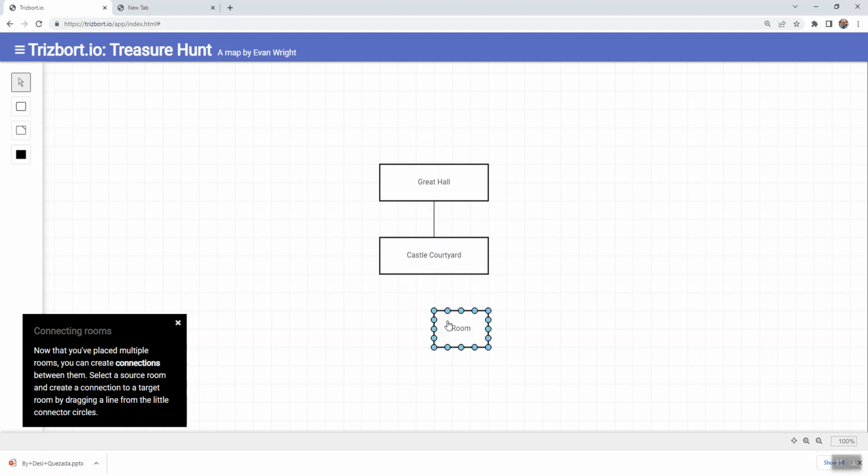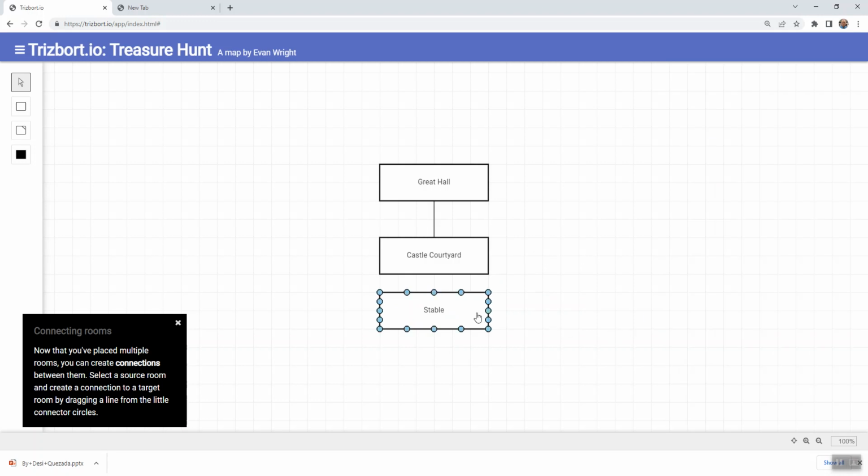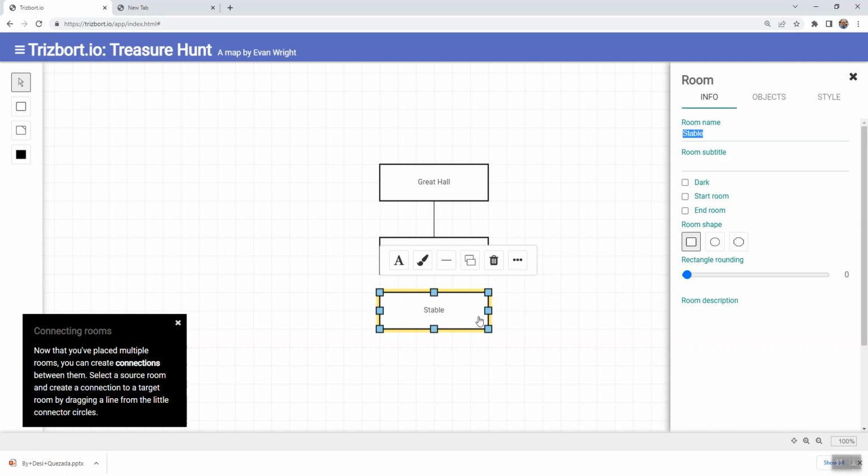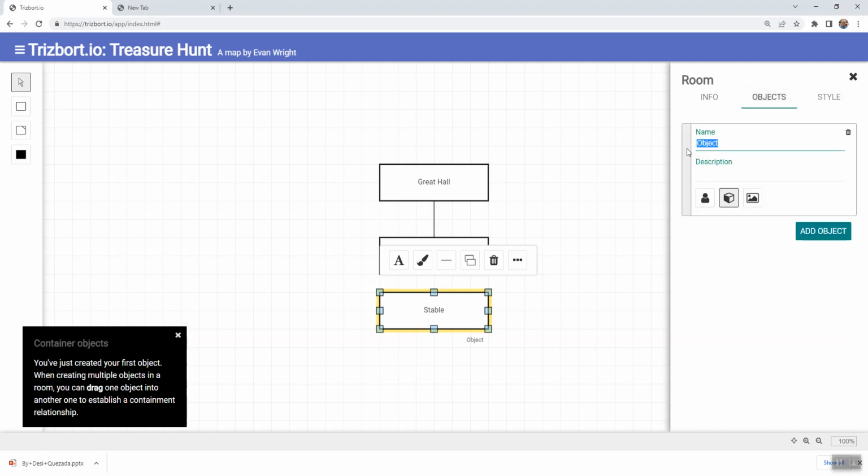So what else might we have in a castle kind of setting? Let's make a stable. So I'll make a location called stable. And what would we have in a stable? So let's go to the objects tab here, and let's add an object. Let's put a horse in